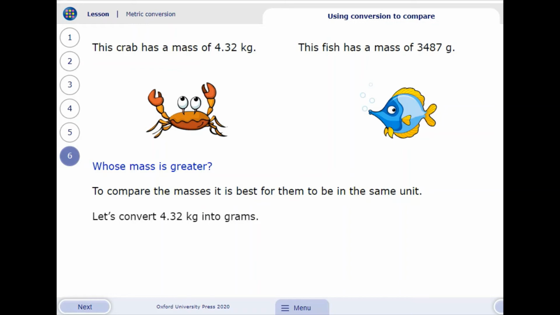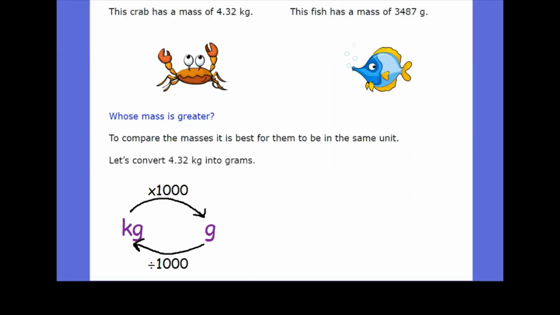Let's convert 4.32 kilograms into grams. So we're going to change the crab's weight measurement into grams so that we can easily compare it to the fish's. So I'm just going to flip over to another page so we can have a look at this in detail. So we're going to convert 4.32 kilograms into grams. So let's have a look at our loop diagram for this unit. Kilograms into grams. So if we're going from kilograms to grams, we follow the top arrow and it's multiplying by